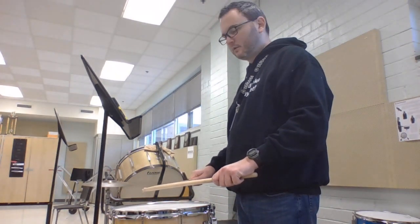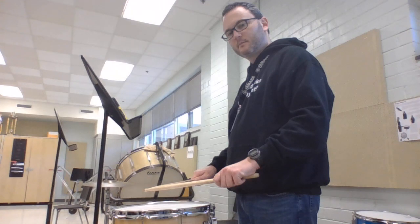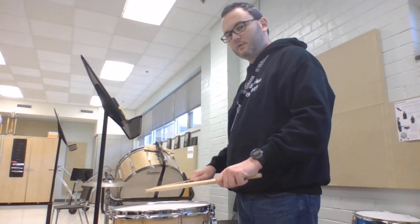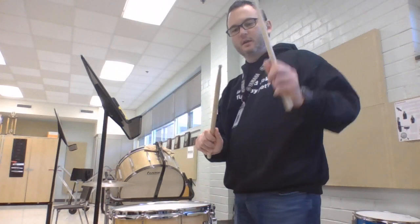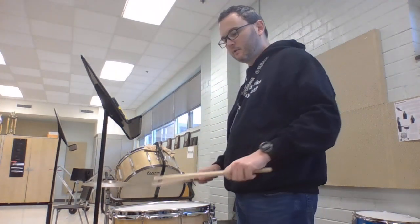Up here, about 2 or 3 inches off the head. Now we're going to let the stick drop and then bounce right back up immediately. We're going to bounce the stick like it's a ball, okay? Imagine that's a basketball right there. We're going to bounce it